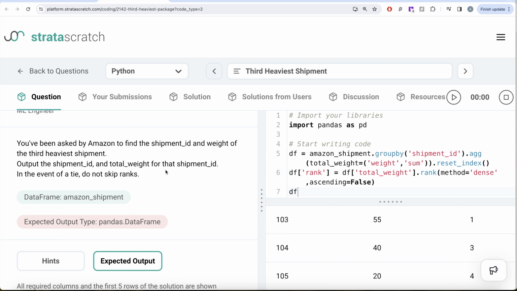Now we need to get the third heaviest shipment. So basically whenever your rank is equal to 3, that is the third heaviest shipment. We learned about the dot query method, right? So we can use the dot query method to filter, because right now once we have the ranks of all the shipment IDs and the total weight, we are only concerned about the rank equal to 3. So we write dot query, and then we need to take the rank column and equate it to